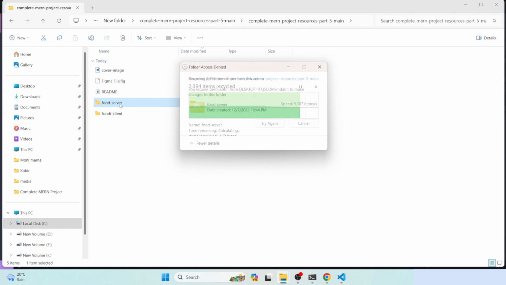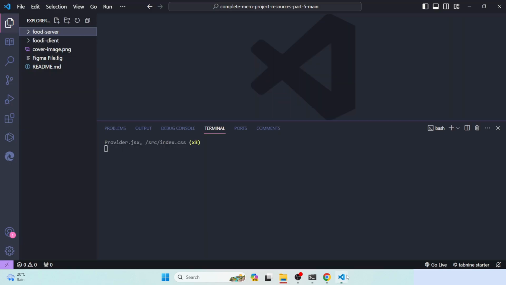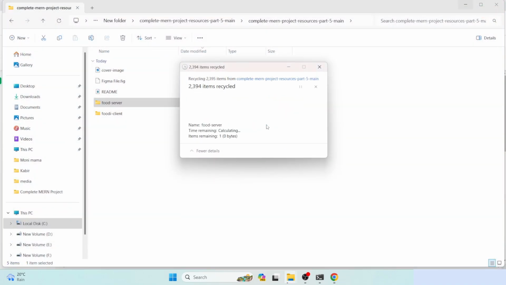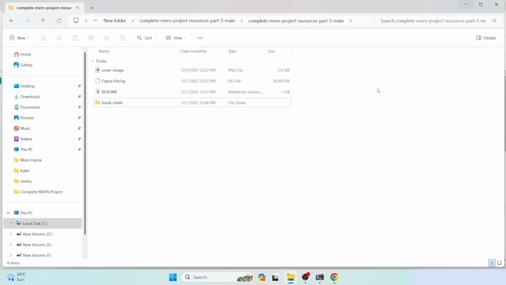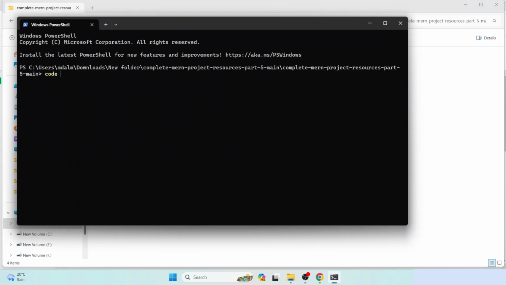We just delete our entire server. Let me close. Maybe it's not working, so we have to close this, then we will be able to delete. Okay, so you can see our backend server is deleted. Now we will also open it again. So let's open it, open the terminal, code again,